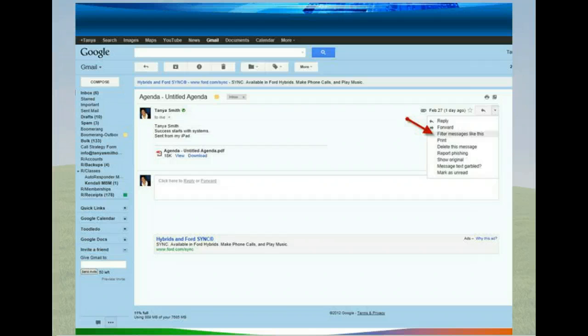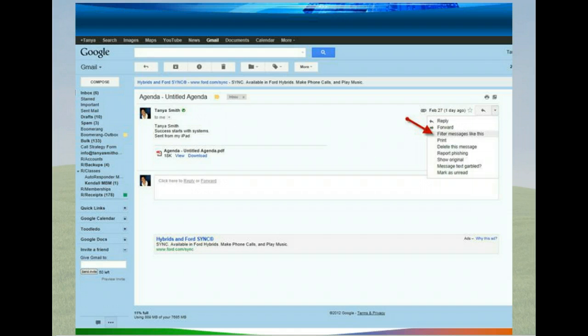I always want to get this person's emails. I always want them to be considered important, and I want to give them special attention. Well, what you do when you open that person's email is click on the right-hand side. See where that little drop-down arrow is, right underneath the printer icon? It will show you a little mini menu like this, and you can click on Filter Messages.